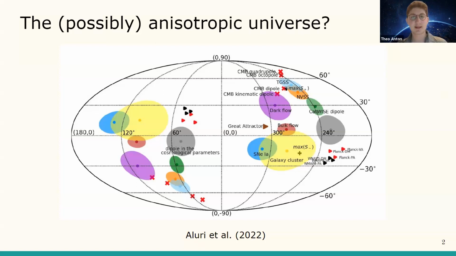So in this plot, which is from a paper by Wherein and others from last year, you can see the direction on our sky of a variety of observations of potential signatures of an anisotropic universe. So, for example, the cosmic microwave background dipole, dipoles in cosmological parameters, or in supernovae observations, and so on. And by eye, you can see that there's a rough direction upon which these seem to lie,